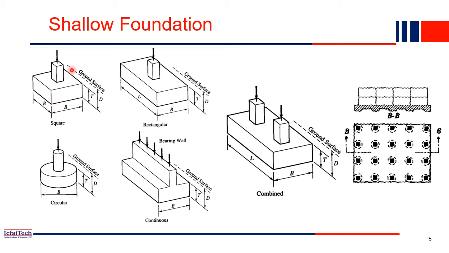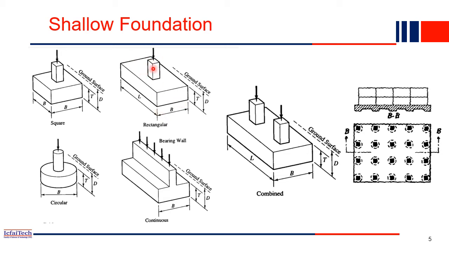This is a shallow foundation of spread type, which is nothing but a square. If you see, this is our main column. All the loads come through this column and are transferred to this foundation, and this foundation transfers the load into the surrounding soil. So this is a spread footing, which comes under shallow foundation. This is a square, so the width in both directions, width and length, are the same. This is a square type spread footing. And this one, if you see, is a rectangular type spread footing.